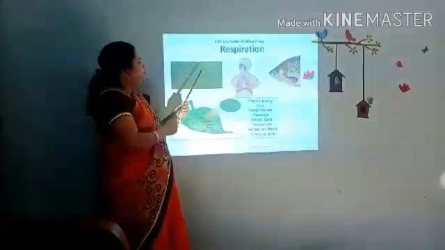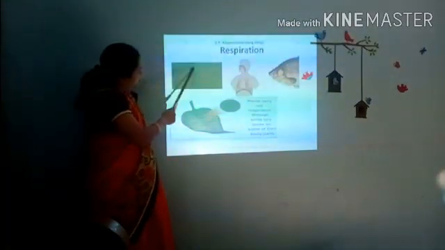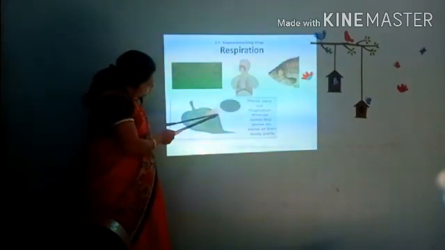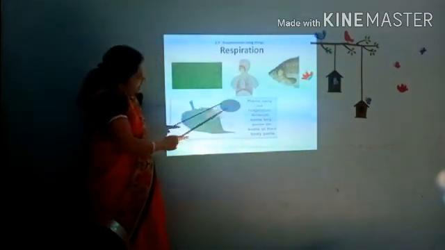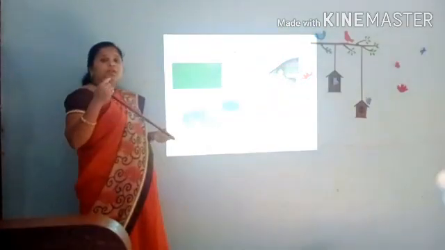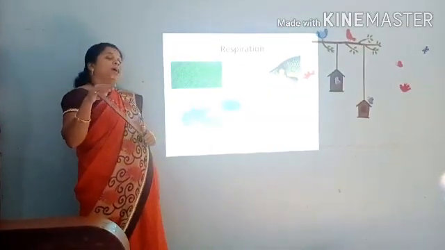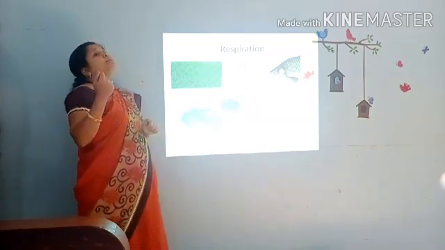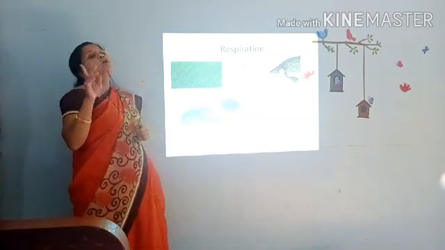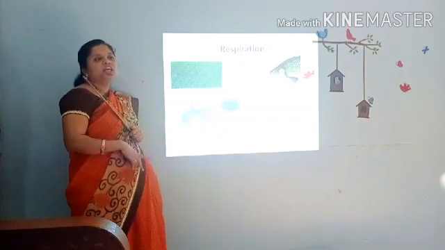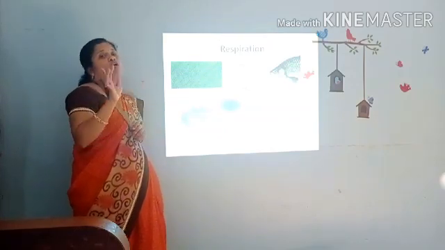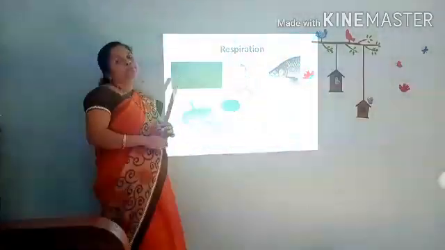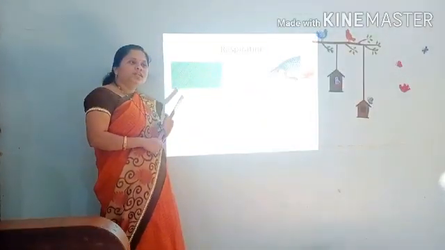How is it? If you observe this diagram, in this diagram there are tiny pores. Here you can see the tiny pores, and with the help of these tiny pores, plants carry out their respiration. Even though plants release oxygen into the air, for respiration plants also require oxygen. So each and every living thing requires oxygen for respiration. So, respiration is also an important characteristic of a living thing.